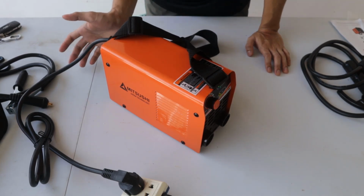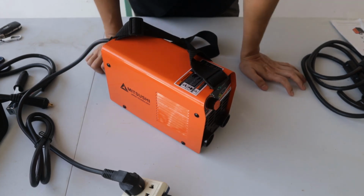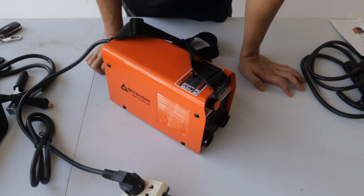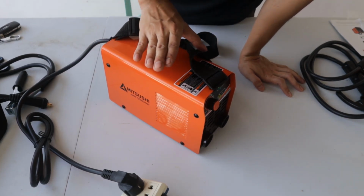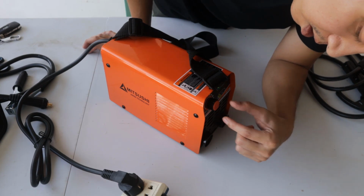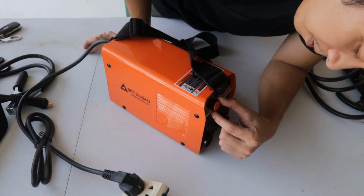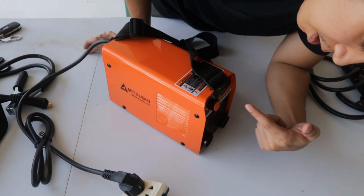So, hearing the noise, yung noise na naririnig nyo, yun yung blower or yung fan para ma-maintain yung temperature sa loob ng welding machine. So far, working naman. Yun lang, dito hindi natin makikita. Try natin i-adjust yung ampere. So, actually, dapat